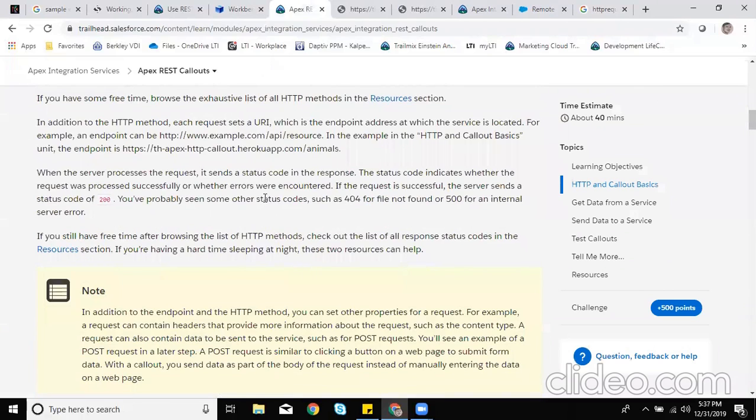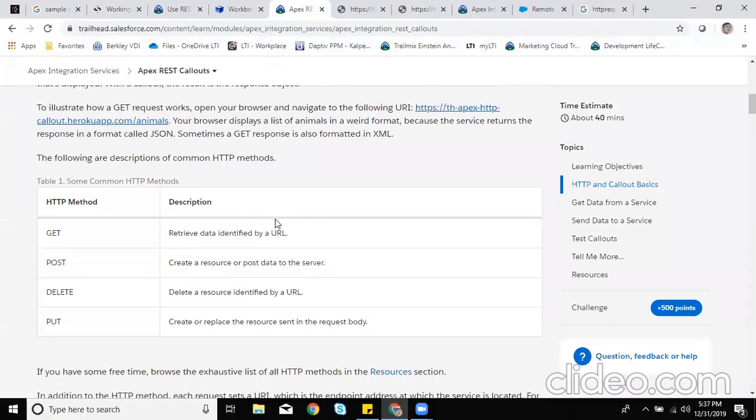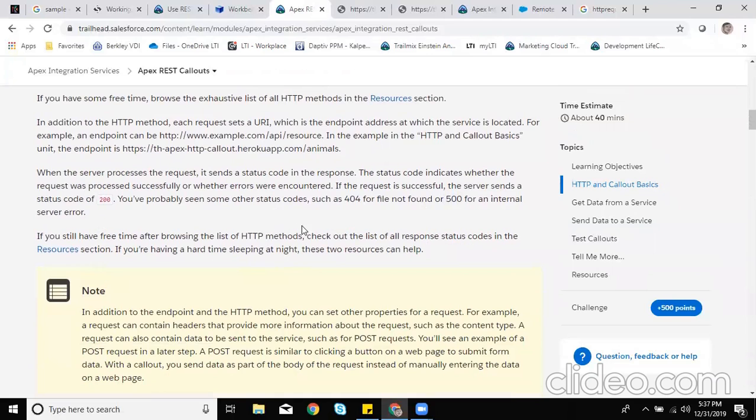Whenever we request any resource from an external system, there will be a status code, which will be 200 if it is successful. If it is not successful, we will get errors like file not found, or 500 internal server error. These kinds of error messages will be returned, and based on the error message,